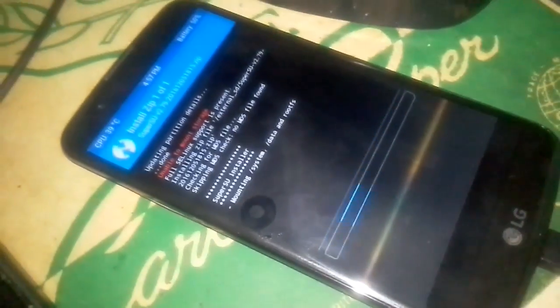Next is to flash the zip file. Since the LG K10 boot is now on GZ, just wait for the process to finish. I've installed the latest SuperSU package, which is the 2.79. We're going to try